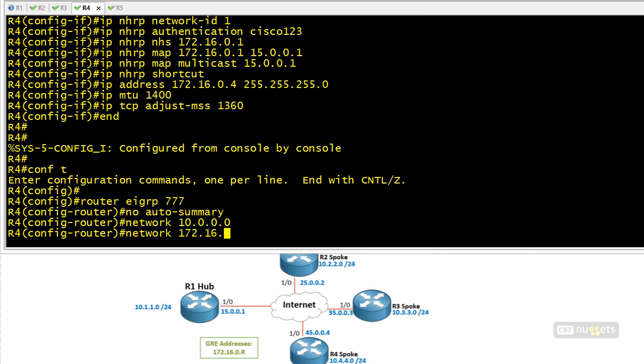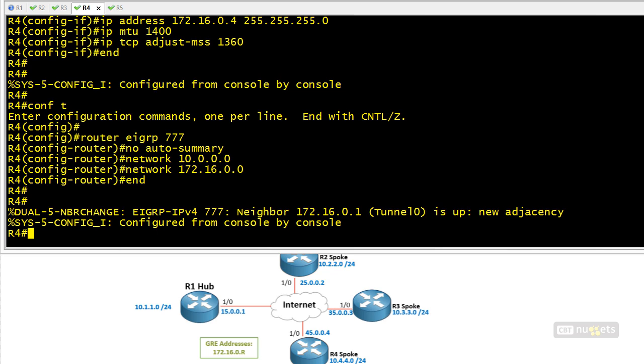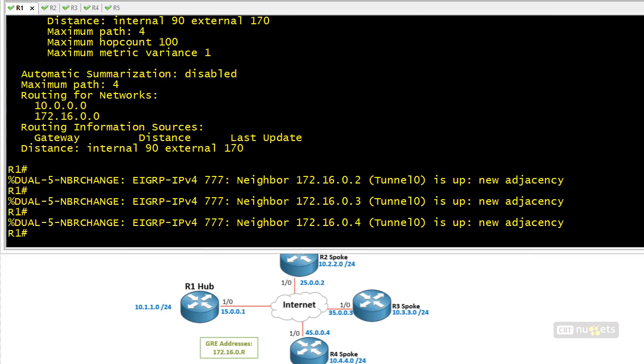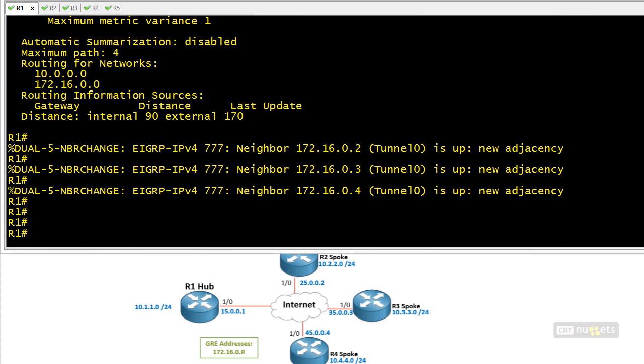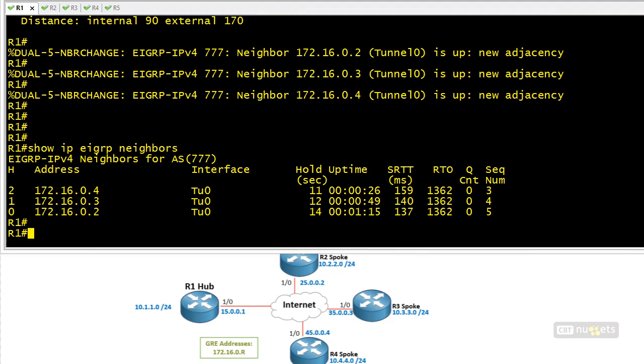So the 10 networks are all the networks that are directly connected to our branch and our headquarter routers, and the 172.16 represents the GRE tunnel interfaces on each of the routers. So to verify everything's in order, let's go back to R1, and it shows 3 adjacencies have come up. Let's do a quick check with show IP EIGRP neighbor right here on R1, and we have 3 very happy